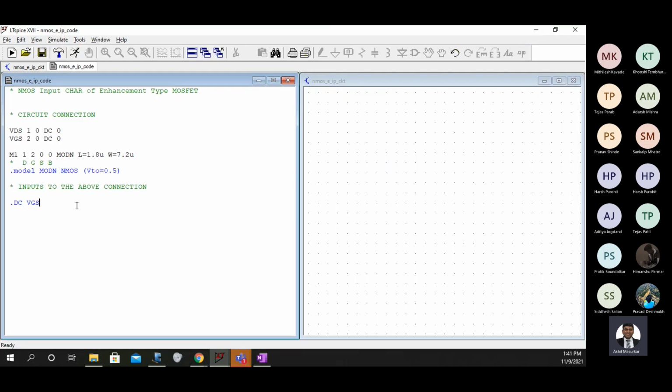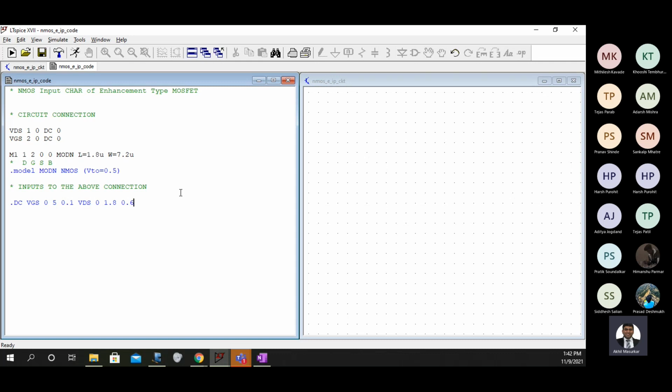So I'll say vary VGS from 0 to 5 in steps of 0.1 and show me the characteristics for values of VDS, that is 0 to 1.8 in steps of 0.6.